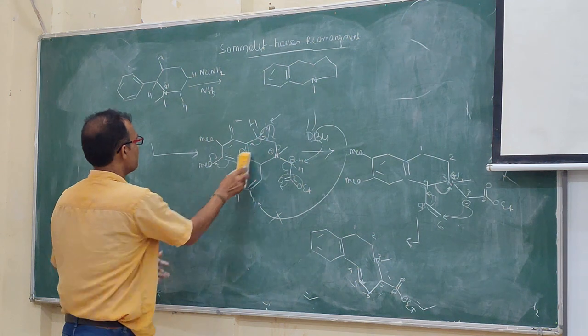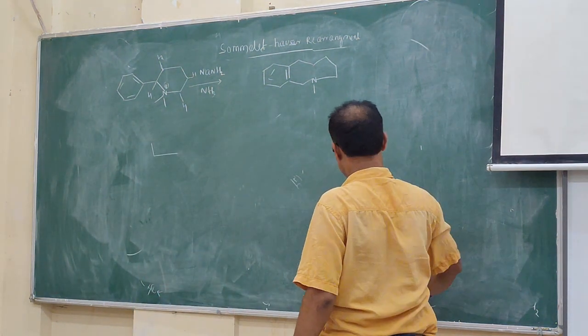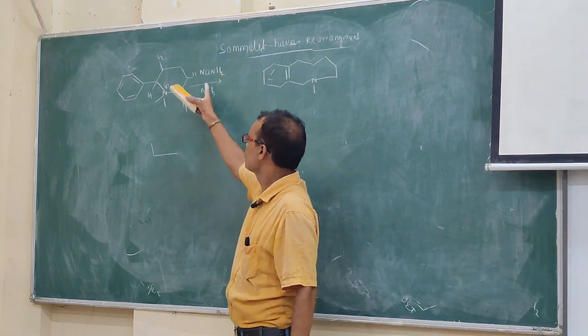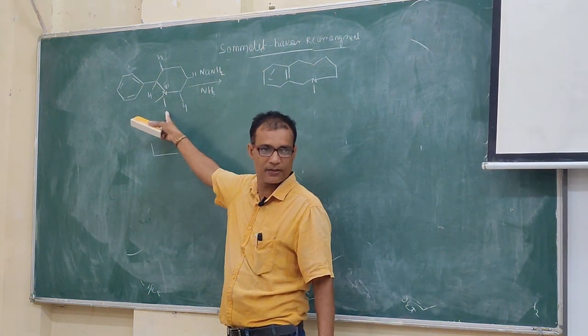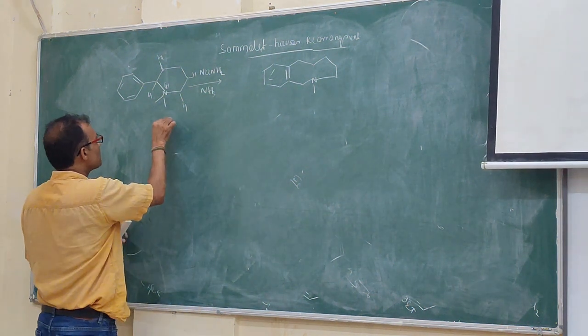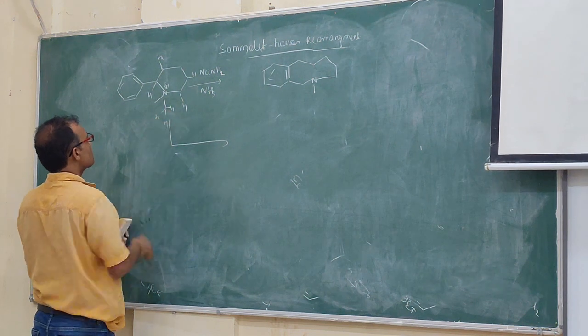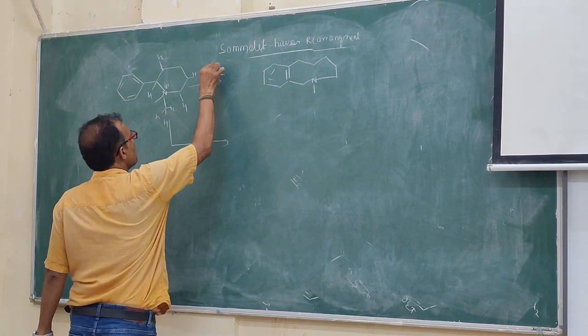How to explain how the product is formed here? This is the product they isolated after reacting sodamide and ammonia with this substrate, this molecule. So it is possible. You have a proton here also. If it takes this proton,